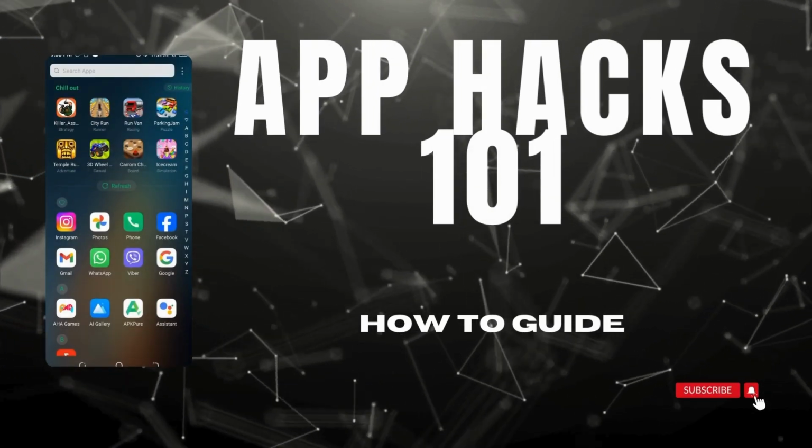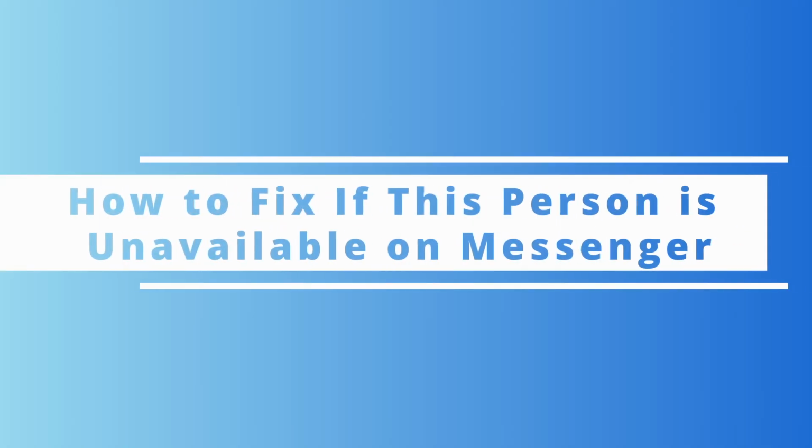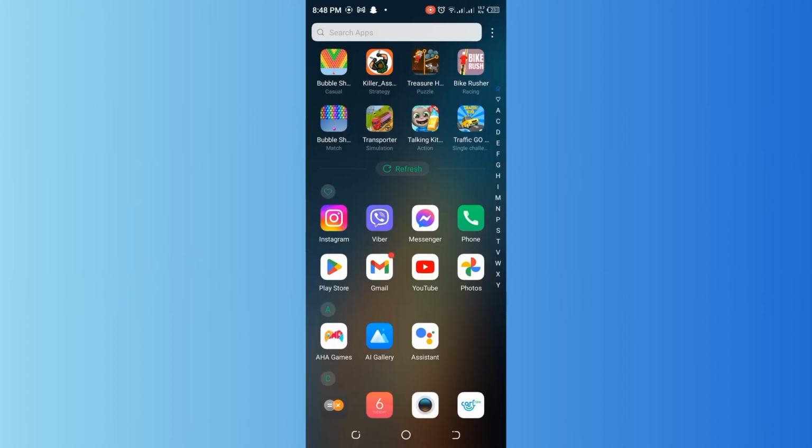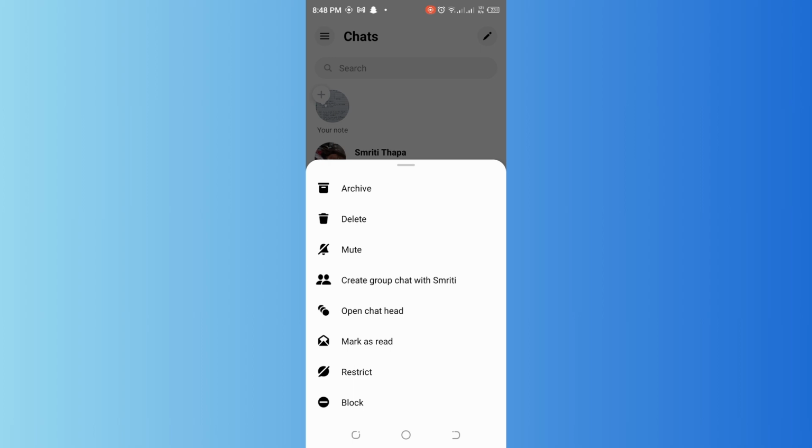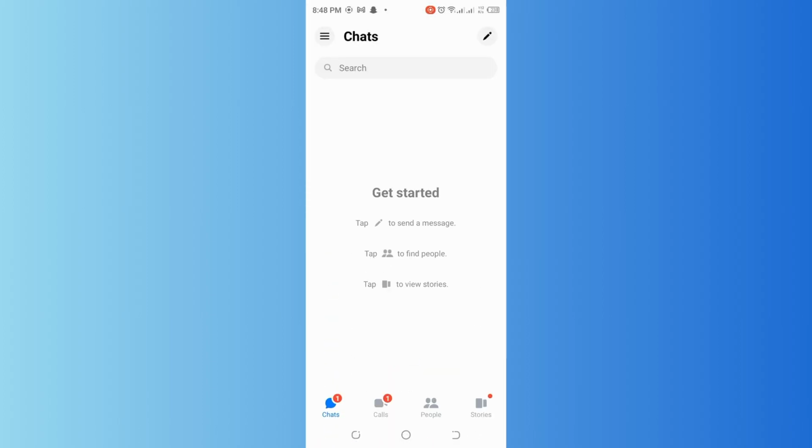In today's video, I'm going to show you how to fix if this person is unavailable on Messenger. So first what you have to do is open your Messenger app, and right here you have to press the account that you want to fix. So simply I'm going to tap one of this account like this and select the restrict option which is on the bottom right here. Tap on that, restrict, and after that we have to go on the three line icon